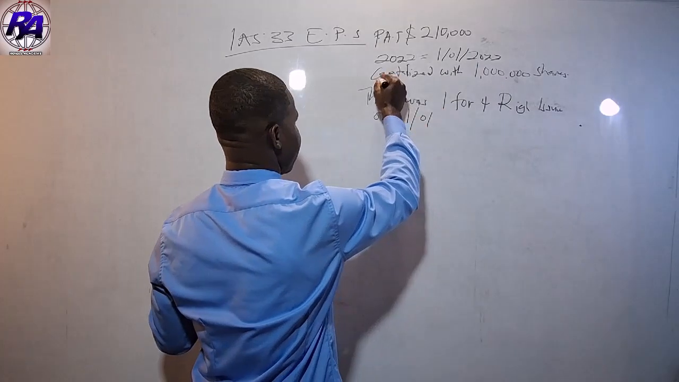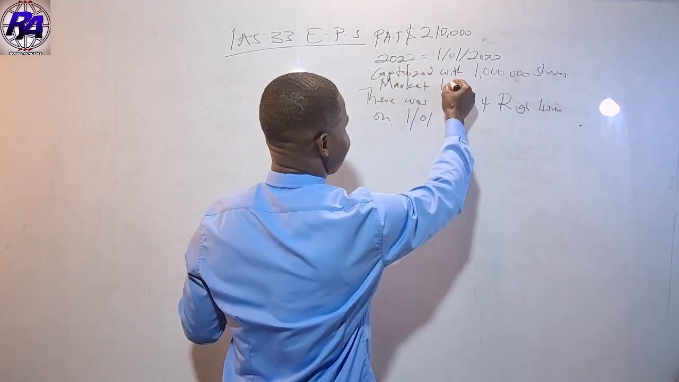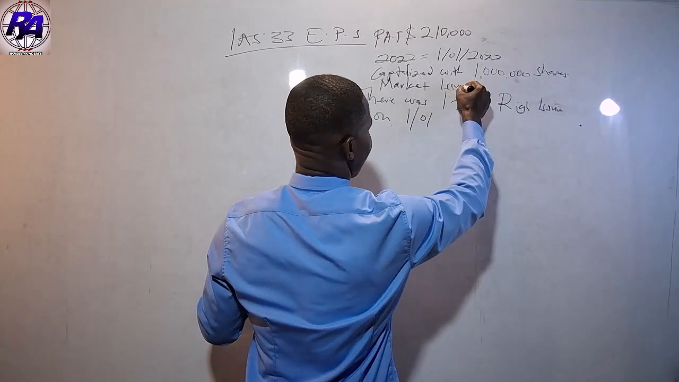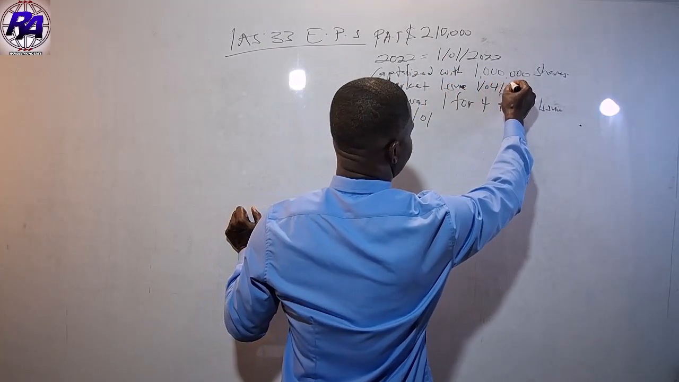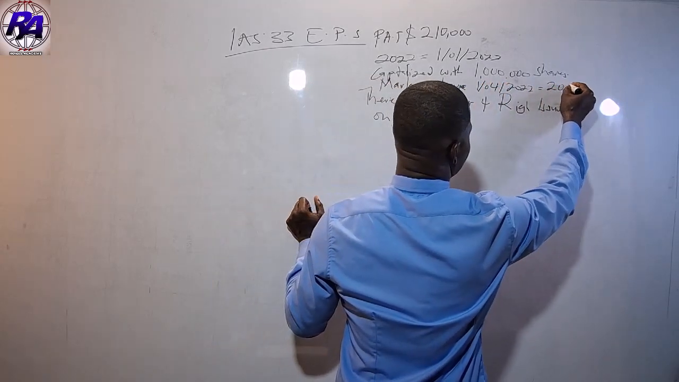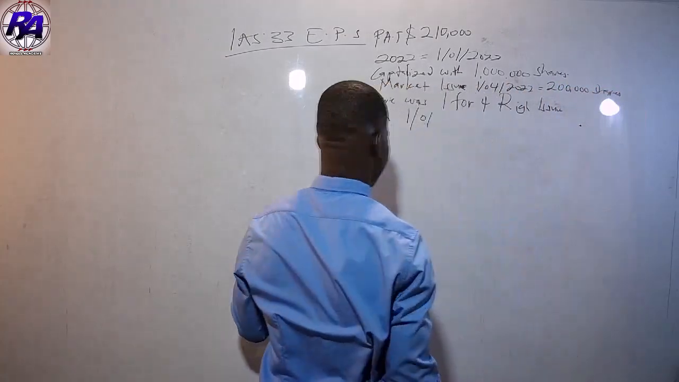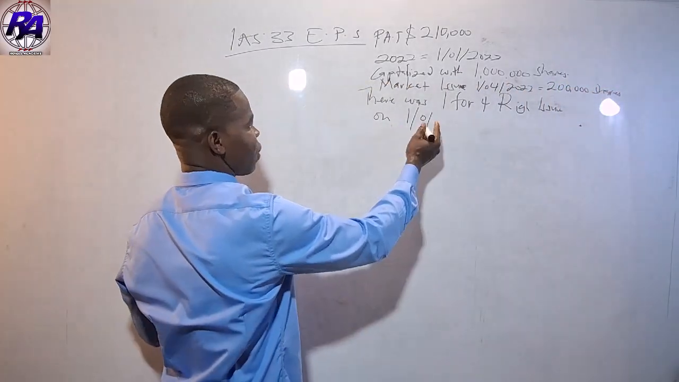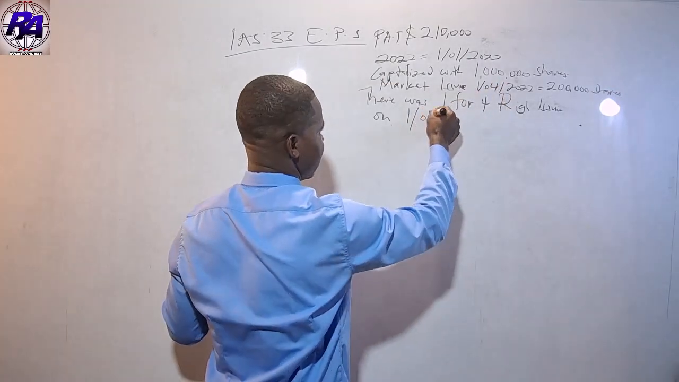Let's say there was a market issue first. Okay, let's make the things a bit complicated so that we can understand. So there was a market issue on 1st of April 2022, and this market issue was 200,000 shares. And then there was a right issue on 1st of